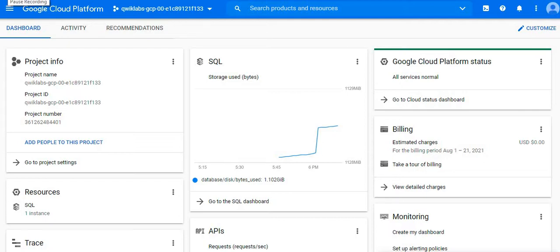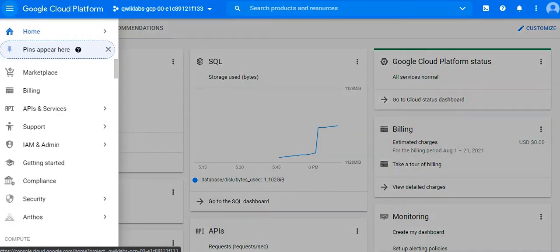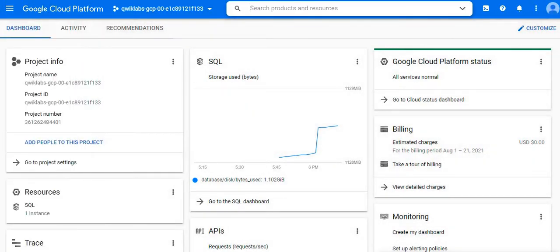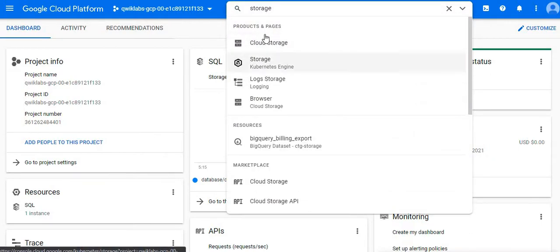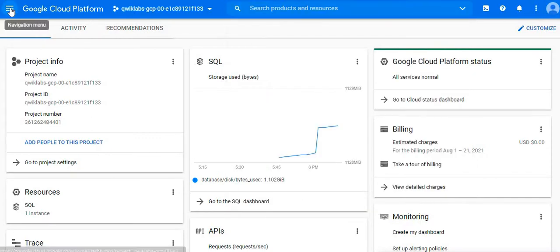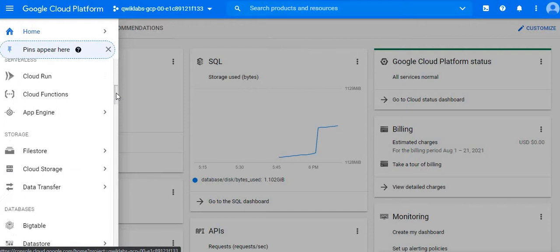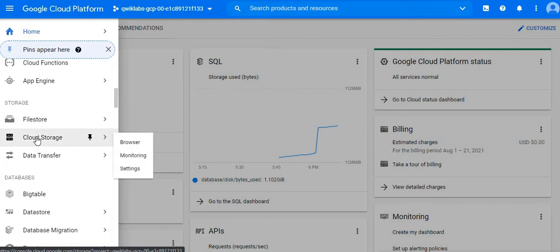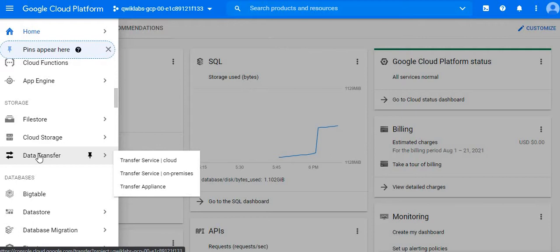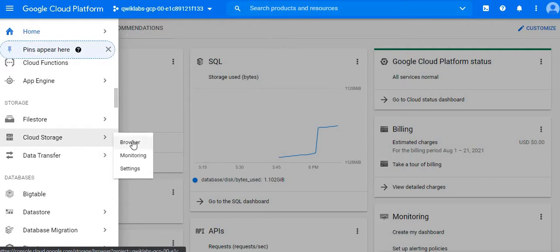So today we are going to see how to create a cloud bucket and best practices for that. I can type "cloud storage browser" or just "storage" here, and whatever comes with storage will be listed, like Cloud Storage. Another option is to go into Storage, where we have Filestore, Cloud Storage, and a data transfer utility. So we can go with the Cloud Storage browser.